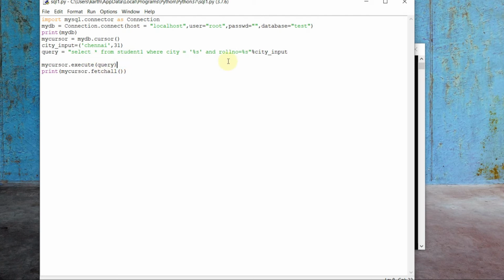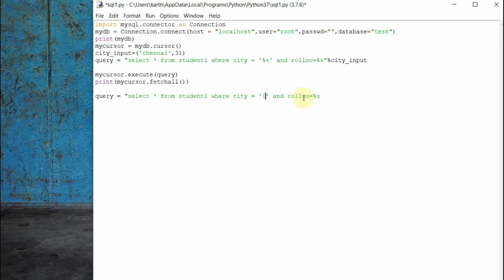The next type is without the percentage, you can have the dot format function. The same values, let me show it by using the next type of formatting. Query is equal to, same thing I can have. Here what I need to have is open braces and close braces instead of percentage, and then close the quotes, after which dot format.